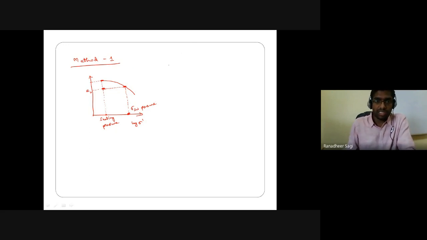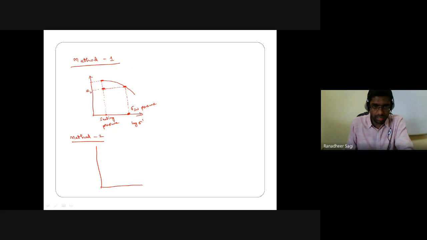This is one method. Let's say I have got another method, method 2. If I am looking at the second method, procedure-wise everything remains the same. Once again, we look at a graph plotted between e versus log sigma dash, based on the data from the consolidation test. Here I know the initial void ratio of the soil sample. In this test, I am not adding a sufficient amount of water to ensure the soil gets fully saturated.